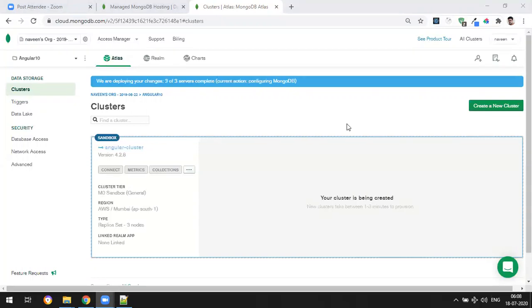Not required. Naveen, I have just one question. Yeah, tell me. We are installing Angular 10, and as you know, we have a lot of previous versions from Angular 2 to Angular 10. Is there any big difference? For example, I get a project to work on, maybe Angular 6 or Angular 7, the old projects. Is there some difference, or is it mostly the same? Actually, from Angular 6 to Angular 10, not much difference. You can easily grasp it, but there are very few changes at the architecture level, and some internal changes. But as a developer, we don't need to bother about those changes, because it's quite the same.